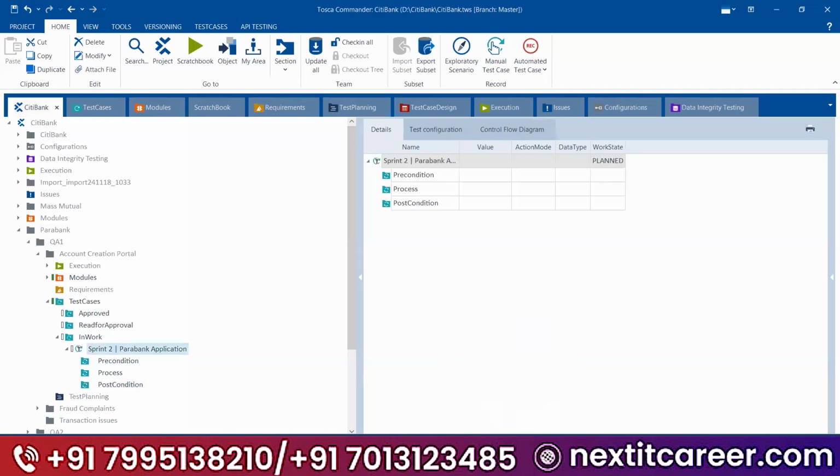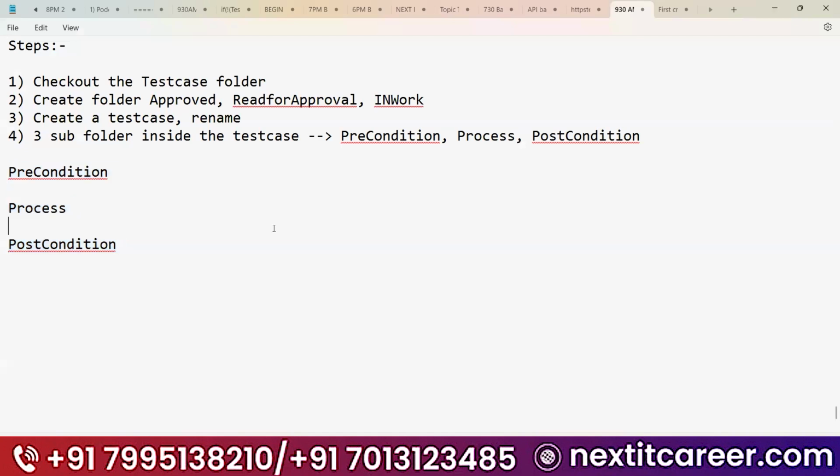Yeah. See, guys, what we will do? We will create the respective folder structure, the subfolder structure. That is precondition, process, and post condition. These are the steps you need to follow. So this is how it is, guys.